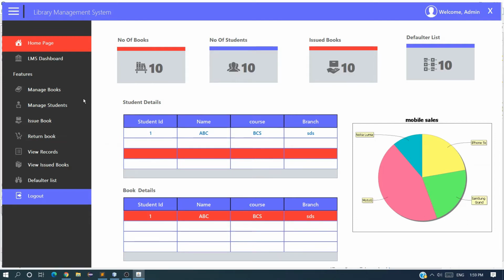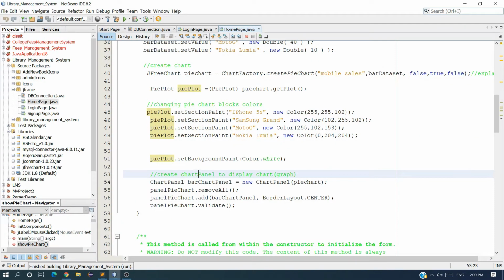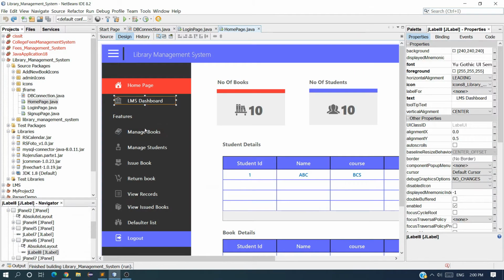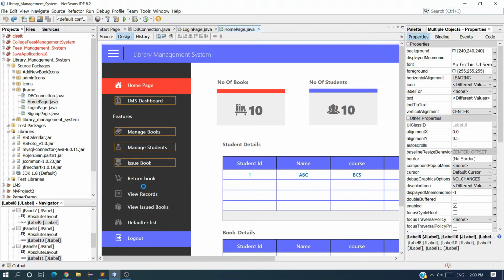So before starting, I want to change something here. You can see the color is white, but I don't want white color. I want to change the text color of these sidebars. So go to your home page. Here is our home page. Select all labels. You can select multiple by holding control. So control, select all, and come in the property.